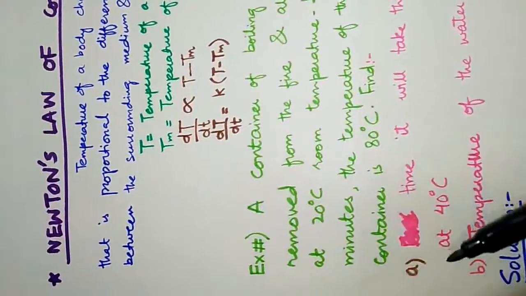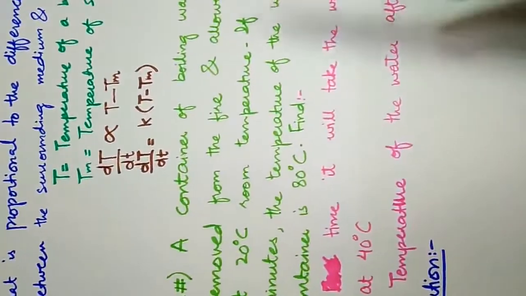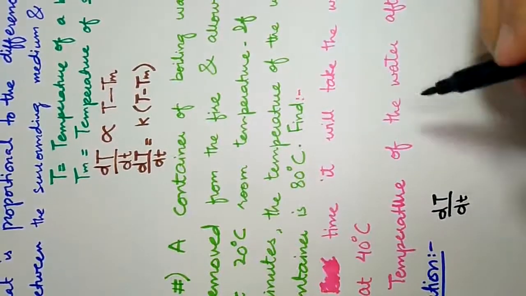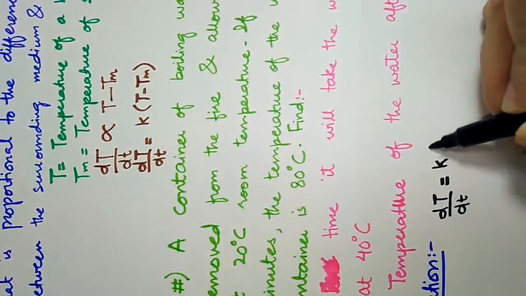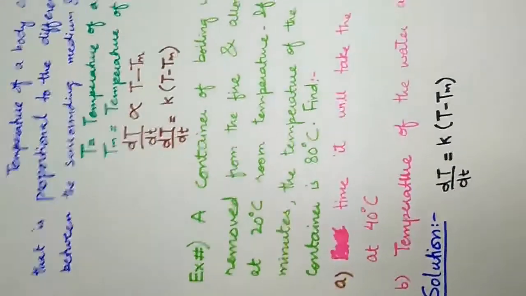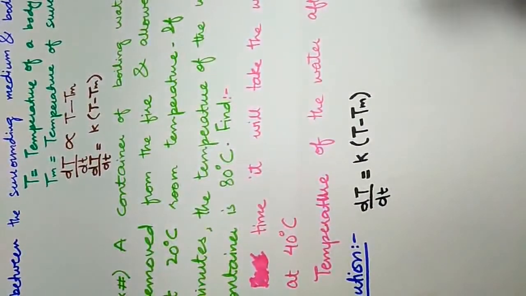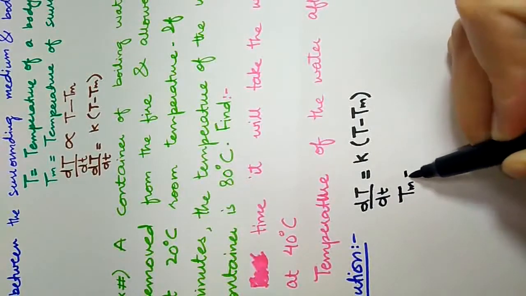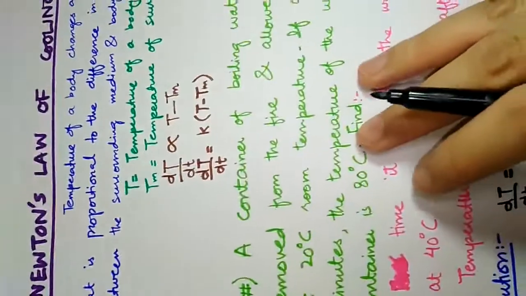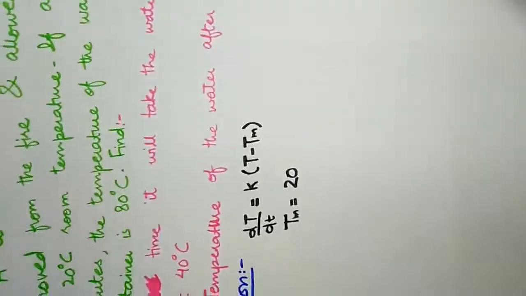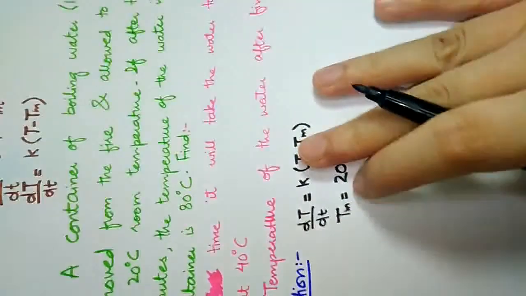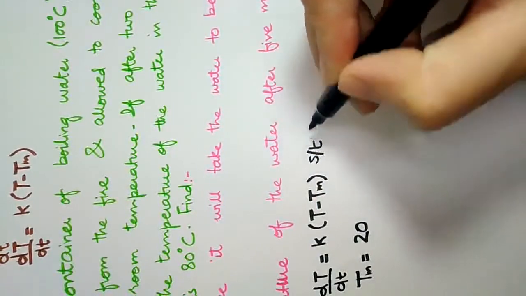First of all, we will answer these questions, but first we have to construct a model and solve this model. So our model is dT by dt equals k (T minus Tm). Here Tm is 20 degrees centigrade, the surrounding medium, right? And it contains the initial condition, that it is removed from the boiling water. So initially, I am writing this here, subject to the first initial condition is